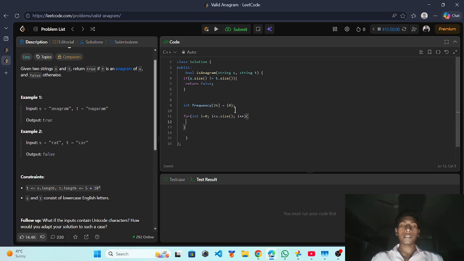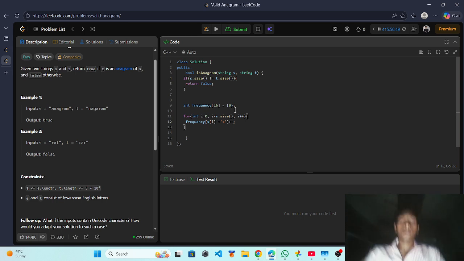After that we write a condition: frequency of s string's index i minus the character a, and after that plus plus. I will explain what this line tells us.